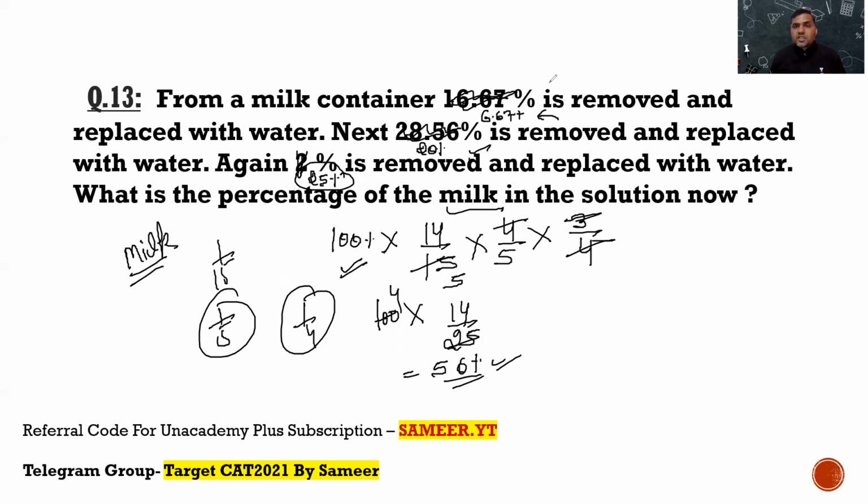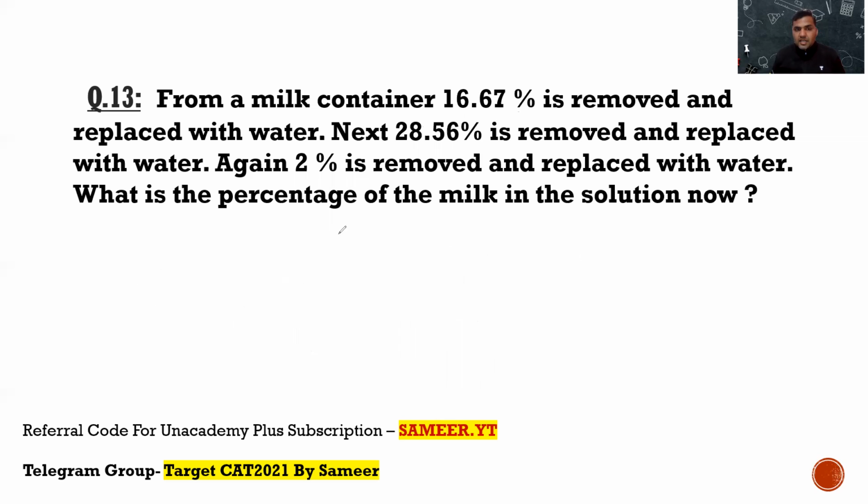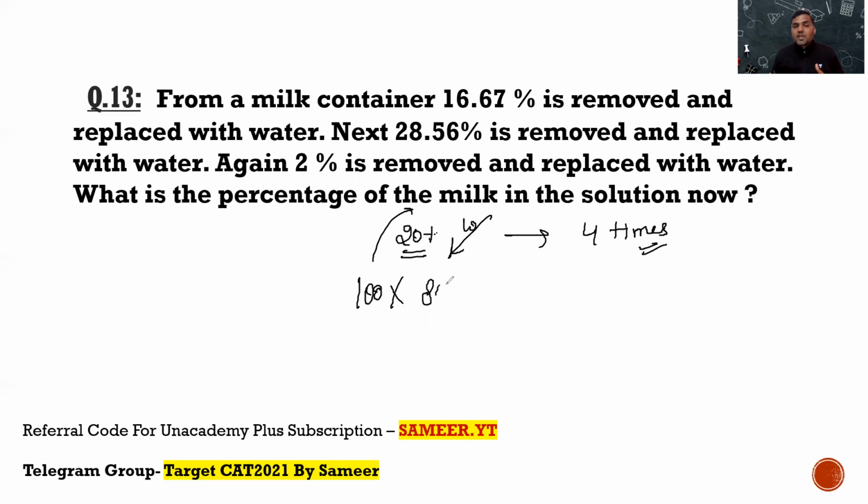You might get a question like this also, where the examiner says from a milk container, you are removing 20% of the solution and replacing it with water, and you're doing this operation 4 times. That means every time you are removing 20% of solution and replacing it with water, and this process has been repeated 4 times. What is the percentage of the milk left in the solution now? Initially you have 100%. So this 20% is removed and replaced by water 4 times. So first time you will be left with 80%. Second time again you will be left with 80% of the previous quantity. Third time again you will be left with 80% of the previous quantity. Fourth time again you will be left with 80% of the previous quantity, and this will give you the solution as